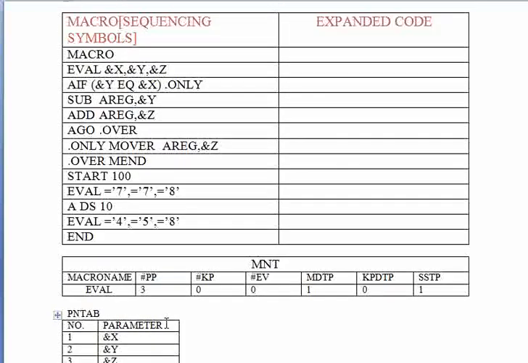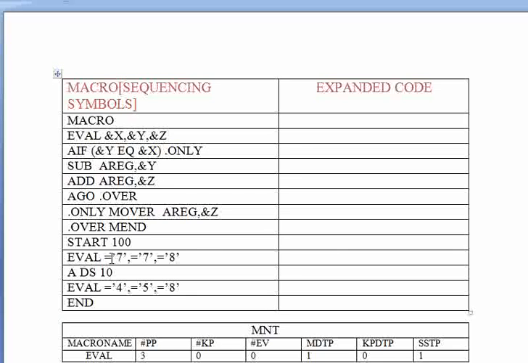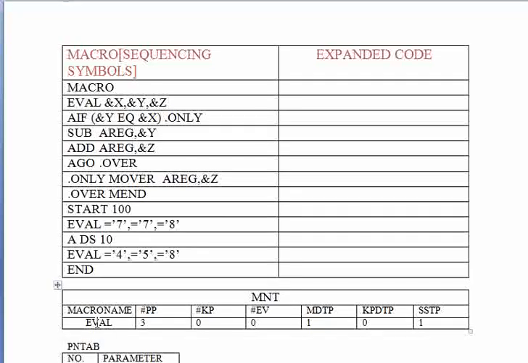Okay, so after we finish with this, we will go to the next line, which is start. Start is compared with the name of the macro, which is eval. It does not match, so it means that it is not a macro call, so we write it as it is. Next one, eval, happens to be a macro call because there is a match over here, so two things happen. One or two data structures are created.